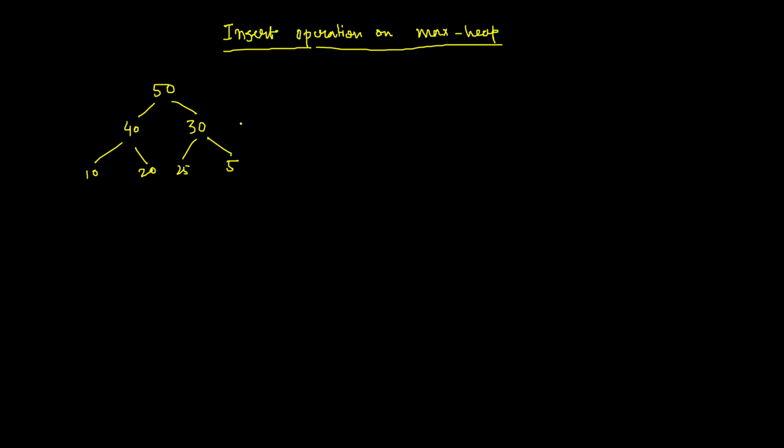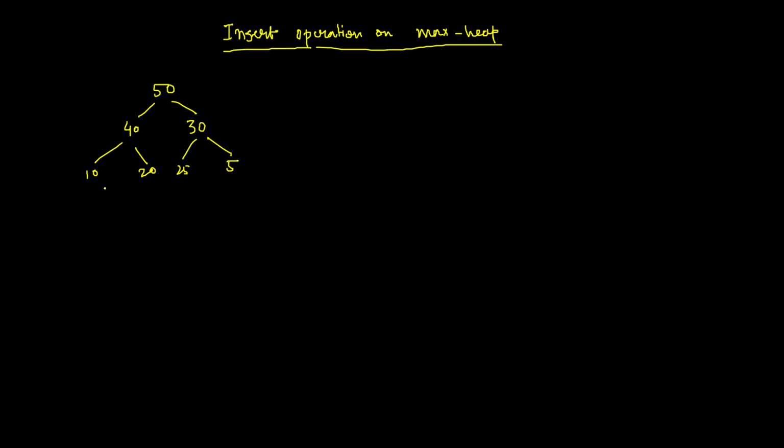So if I want to insert 60, obviously 60 should be on the root. So what you will do, you will put 60 over here, and 50 will be down, 40 will come down, 10 will come down. You cannot do it this way, because you don't know about this part, this side. There is no relationship between 40 and 30. That is why always remember, we insert a node as a leftmost node